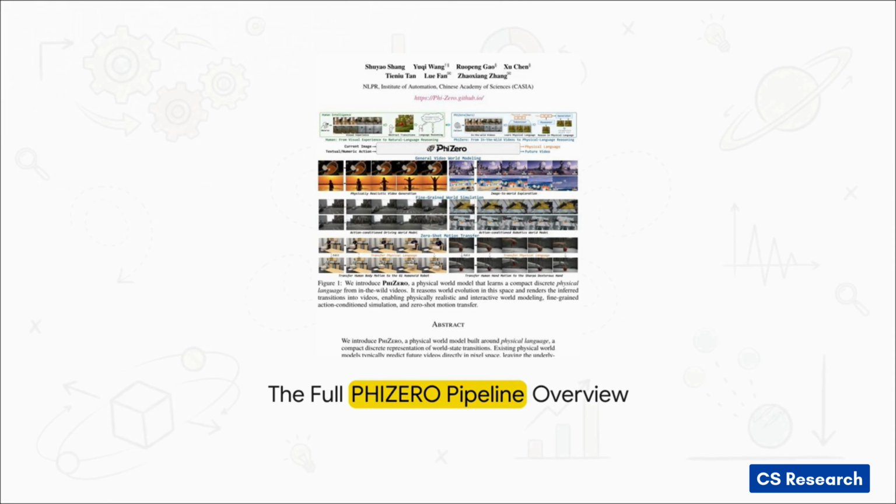In the middle, there's fine-grained world simulation. Here, the model accurately simulates an action-conditioned driving environment. It's actually predicting exactly how the environment shifts based on a car's specific steering input, or even how a robotic arm interacts with objects on a table. And over on the right, zero-shot motion transfer. This is wild.